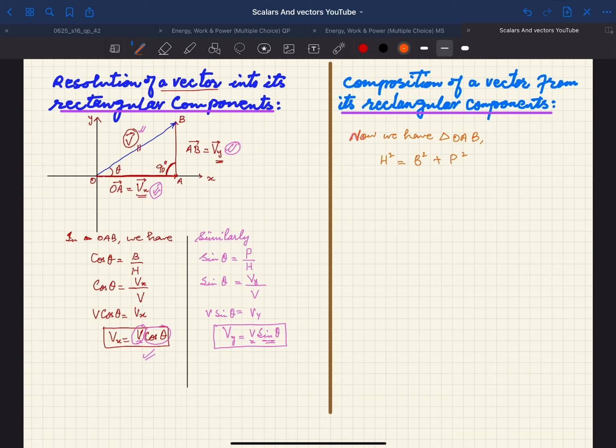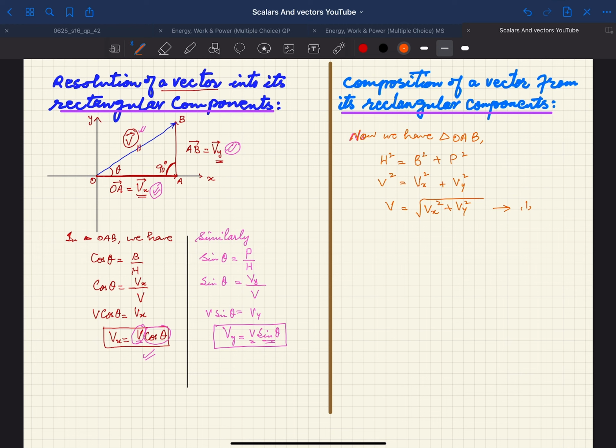So in this triangle, hypotenuse is nothing but your V, so V square, base is nothing but Vx, so this is Vx square, and perpendicular is nothing but Vy, so this is Vy square. So simply we can say that we have V equal to square root of Vx square plus Vy square. So remember this thing, that here you have a situation of the magnitude of the resultant vector, yani this equation 1,